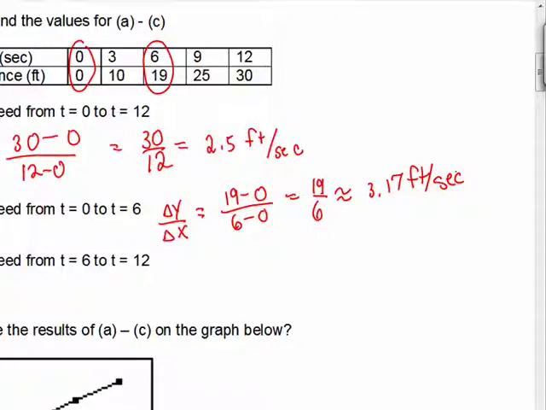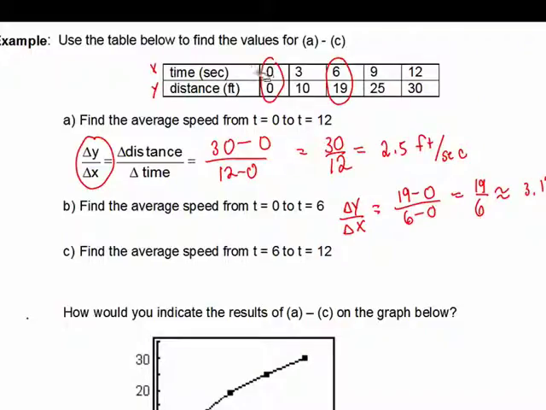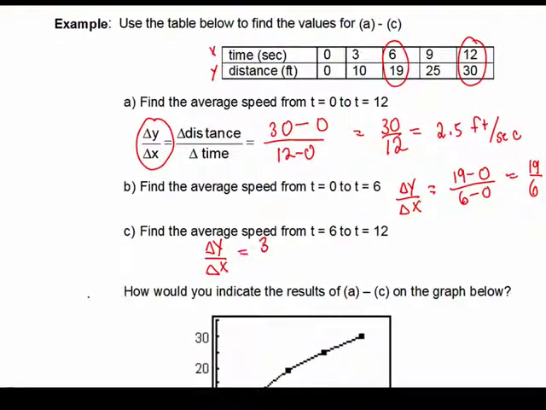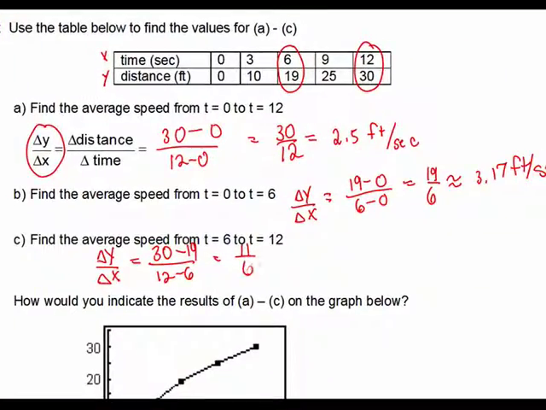And then part C, find the average speed from 6 to 12. Again, we're going to find those values in the table. So here's 6, here's 12. Again, change in y over change in x. So this time it'd be 30 minus 19 over 12 minus 6. If we do that, we get 11 over 6. Again, if I divide that out, I'm going to get something that's not particularly exact, right? It's going to be approximately 1.83